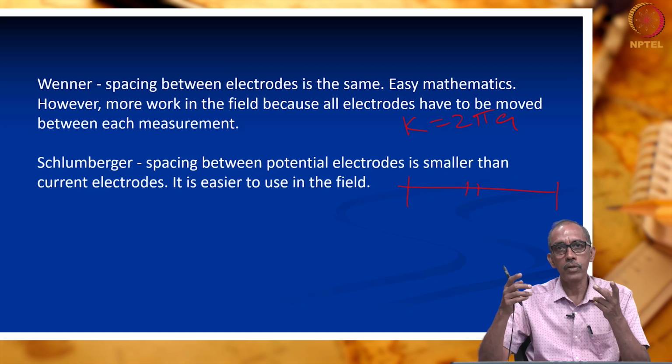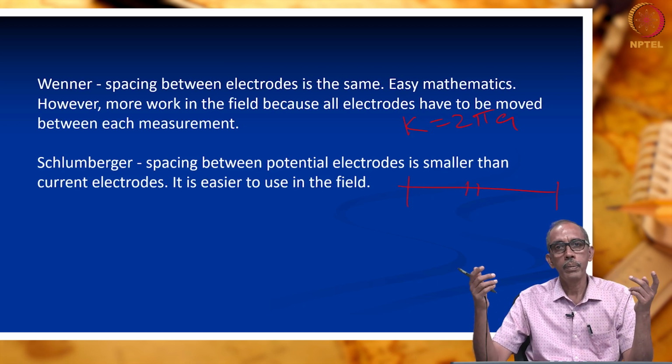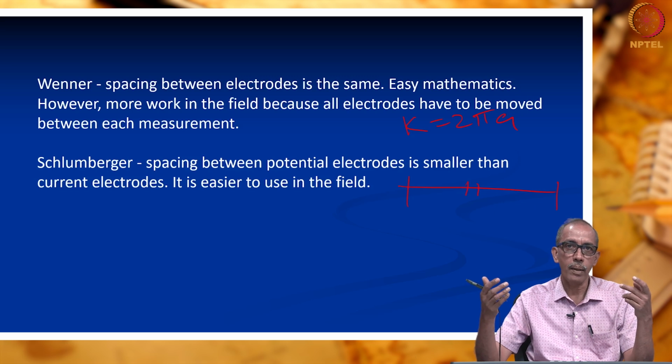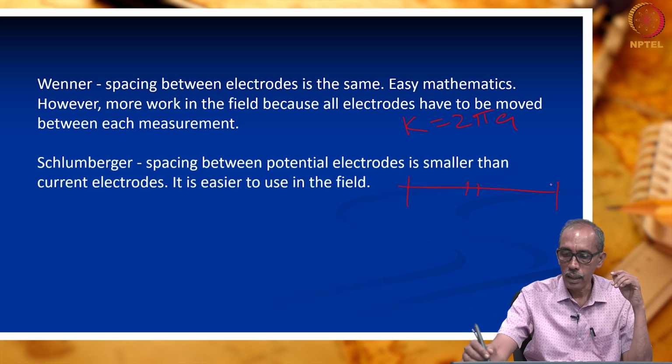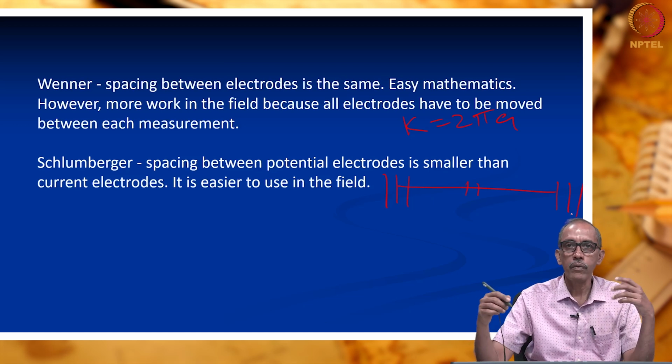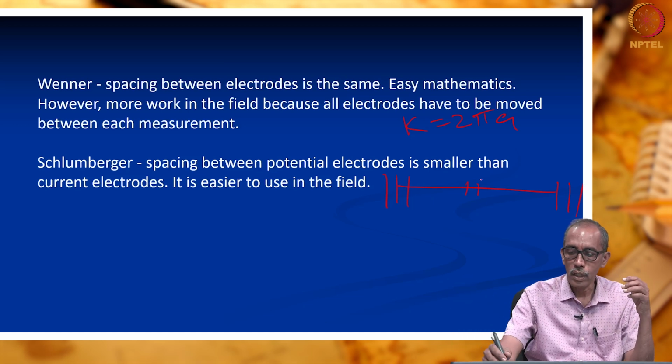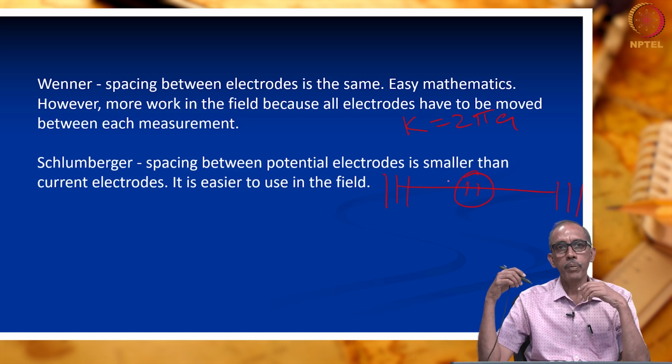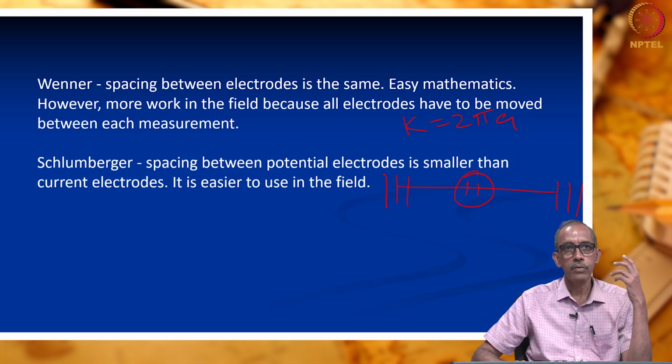disturb the potential electrode, because according to Schlumberger arrangement, AB should be greater than 3 times of MN. We say greater than, so it can be here, then you can shift the A and B here, A and B here. So, we can continuously take without moving the potential electrodes at the center. That is one of the advantage.